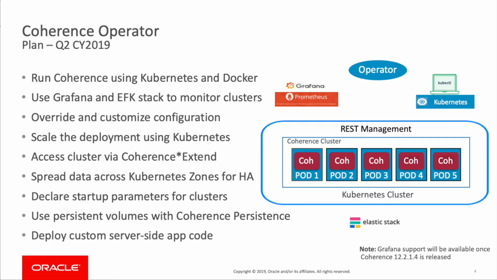Provides integration with common components used in Kubernetes, Elasticsearch, Fluentd, and Kibana for log capture and analysis, and Prometheus and Grafana for metrics and monitoring, which is available with an imminent 12.2.1.4 release. It allows you to override and customize your Coherence deployments, allows safe scaling out or in via Kubernetes with no data loss, provides access to the cluster via Coherence Extend, ensures Coherence is aware of Kubernetes zones to provide Coherence cluster high availability, allows you to use persistent volume claims to support active persistence, and provides application code deployment via sidecar